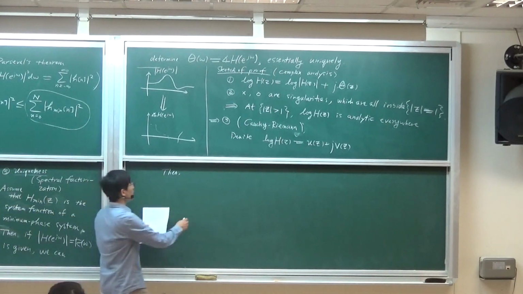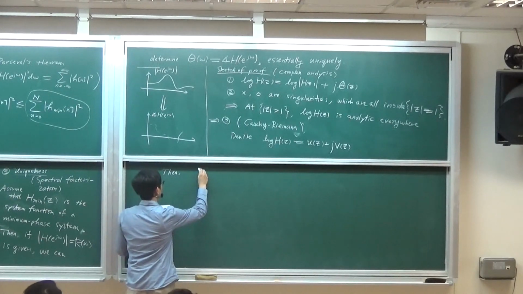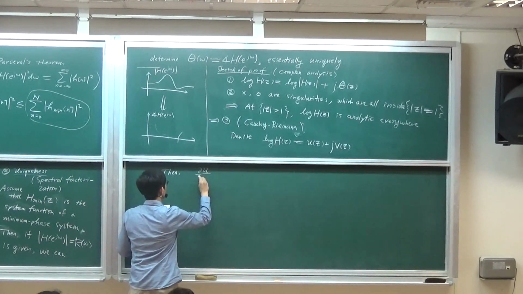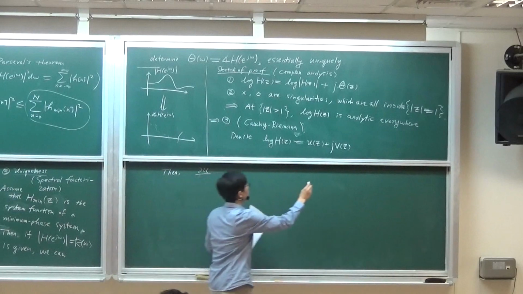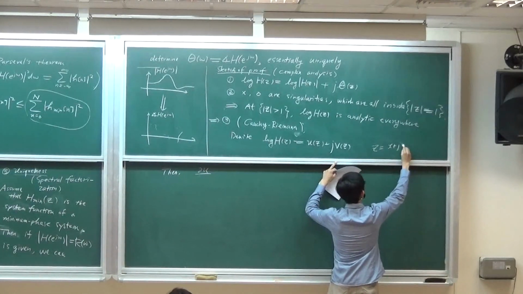Because of analyticity, we have the consequence that partial u, and let's say z equals x plus jy, as usual,